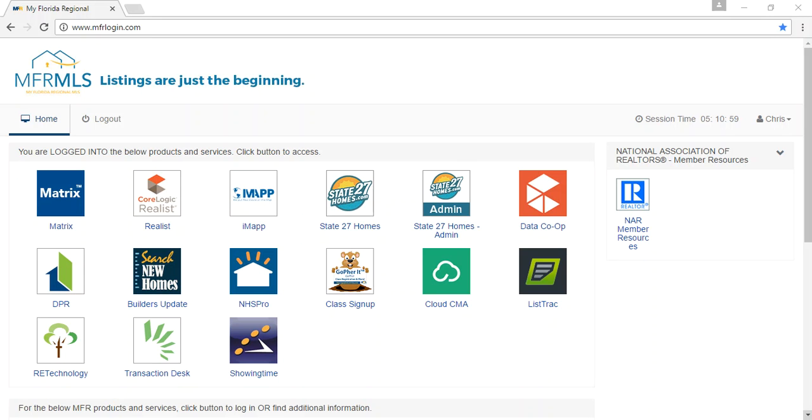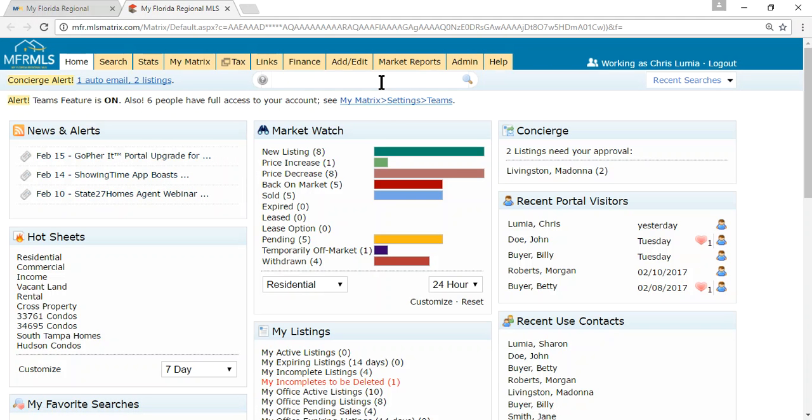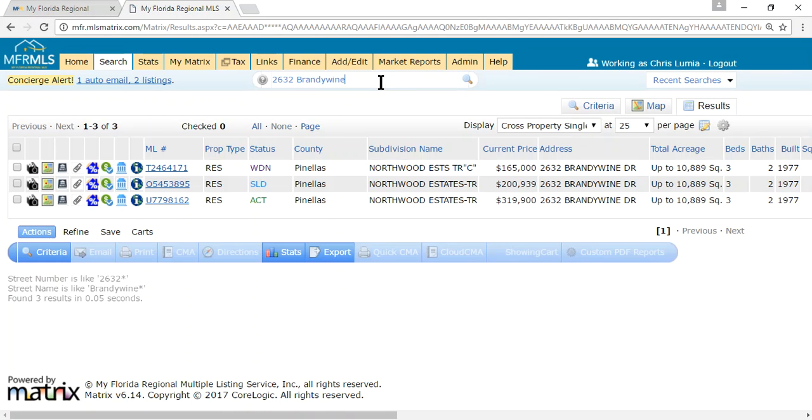So now let's look at the Realist Property Detail Report. I can access this report by either going directly into Realist or by starting in Matrix. I'm going to go ahead and start in Matrix and pull a listing. And as mentioned previously, you can access that report by clicking on the Realist icon in your Agent Single Line